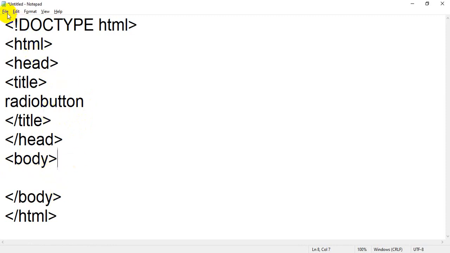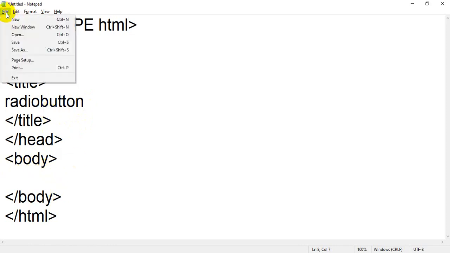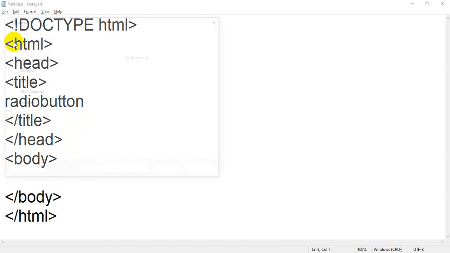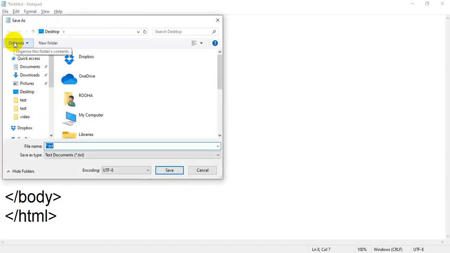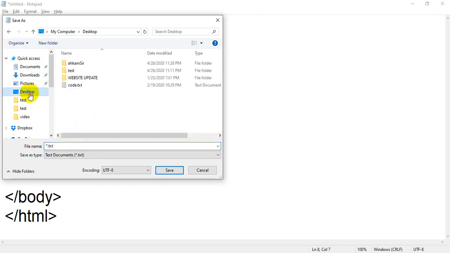First I am going to save. Those who are new, I just want to tell you, click on File, click on Save. The first time it will ask where to save. You can save anywhere on your computer, but for easy access I am going to save on the desktop. You have to assign a name.